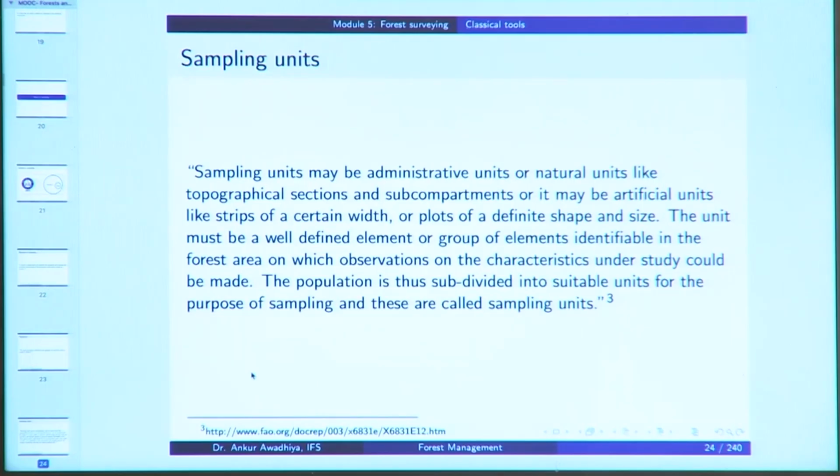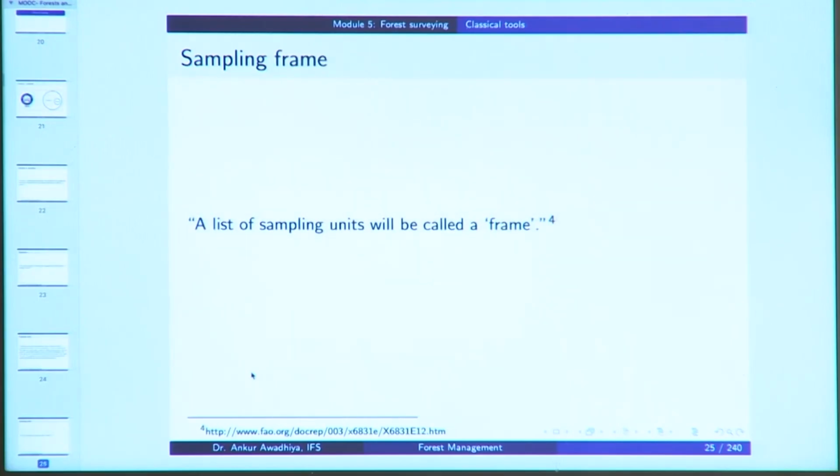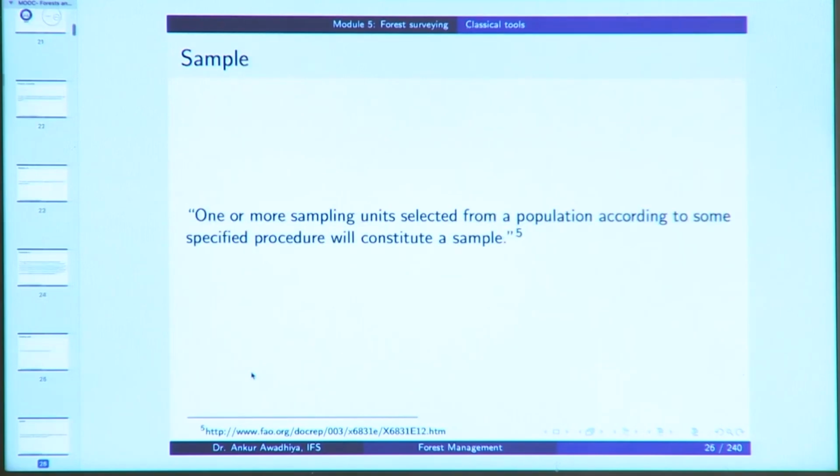And these can be administrative units or natural units such as topographical sections or subcompartments, or even artificial units like strips or plots and so on. Now, a list of all the sampling units is called the frame, and out of this frame you select a few of the samples. So, one or more sampling units that are selected from a population according to some specified procedure will constitute a